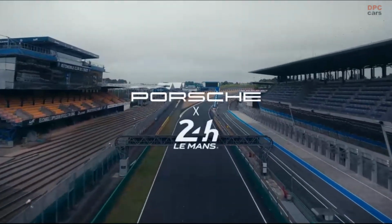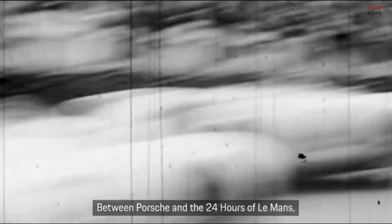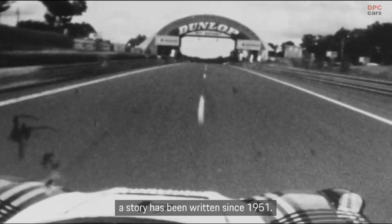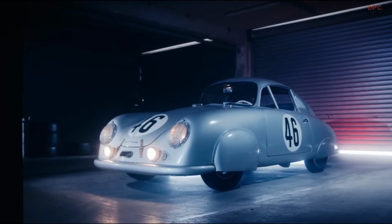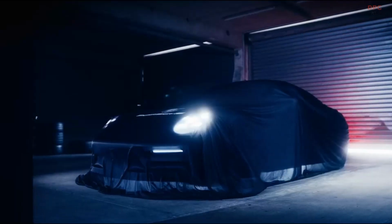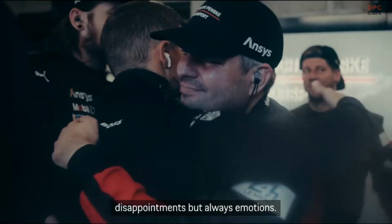Exclusive to France, the remarkable Porsche 911 Carrera GTS transports us back to the past with its retro-inspired design. To celebrate 72 years at the prestigious 24-hour endurance race, only 72 units of this extraordinary vehicle will be made available. Priced at approximately